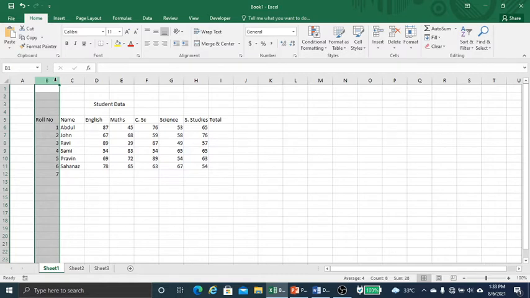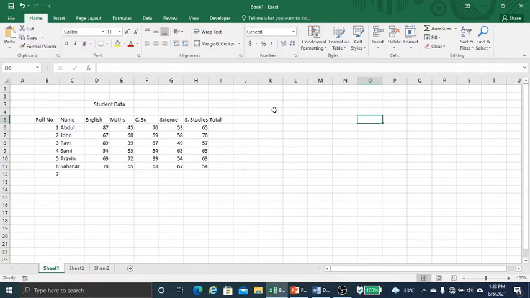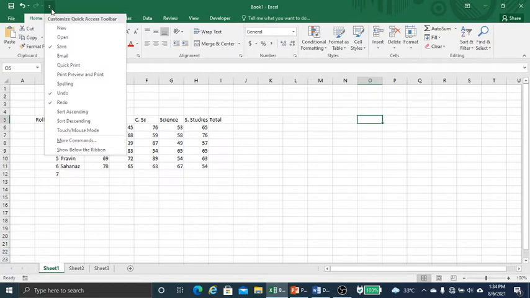You can see my entire column is being selected. Now how to select the entire worksheet? There are many ways to select the entire worksheet. One way is to click the Select All button on the top left corner of the worksheet.